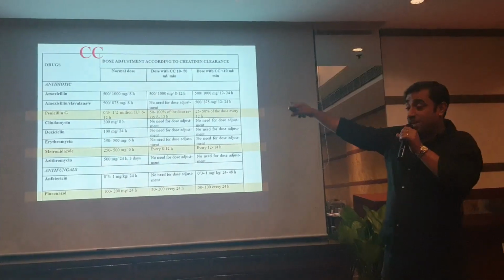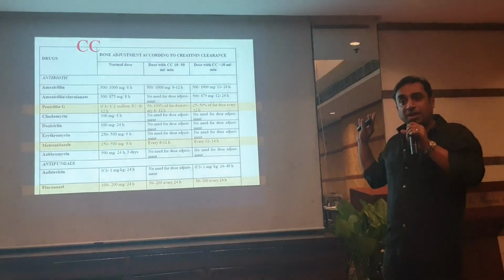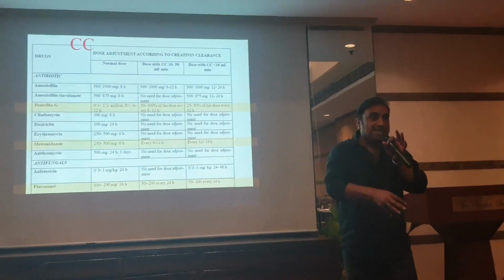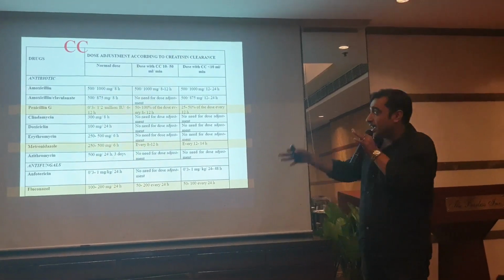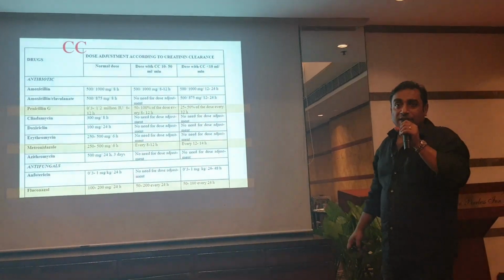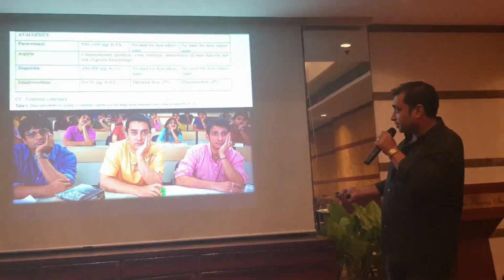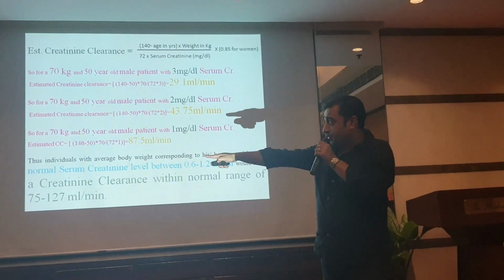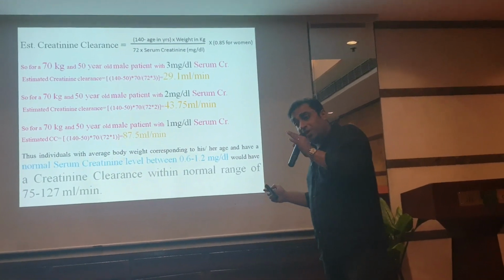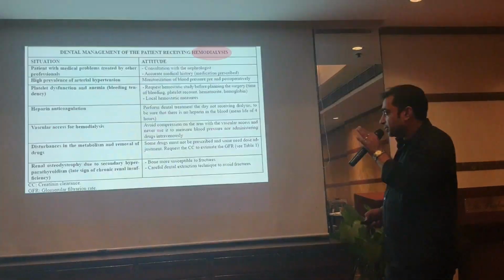However, the slide before this, which showed all those oral conditions, those are valid from the very beginning. Those are valid from the early CRDs also. So remember that slide, look into that slide, and don't worry about the common worry of dose regulation and inability to prescribe medicines in renal cases. 75 is the range. 50 to 75 is a buffer zone where you will probably get some oral manifestations, but you will not have to interfere with the dosing of medicines.